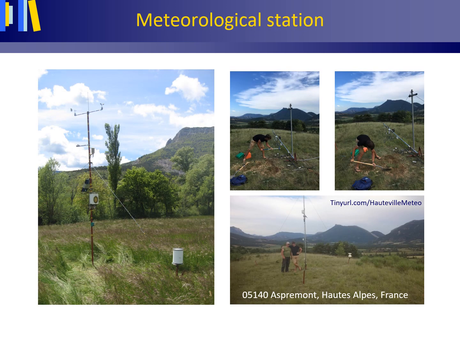Useful meteorological data, for instance, for estimating the evaporation, as we will see slightly later on, can be obtained after installing a meteorological station. That's a lot of hard work. As you can see here, this is our meteorological station in our fieldwork area in the Hautes-Alpes in France. Air pressure is measured, precipitation in a tipping bucket rain gauge, wind speed, wind direction, solar radiation, relative humidity and temperature. And students, you can find the data of this station on Blackboard.